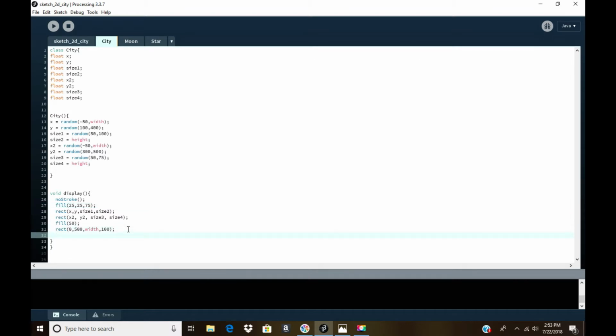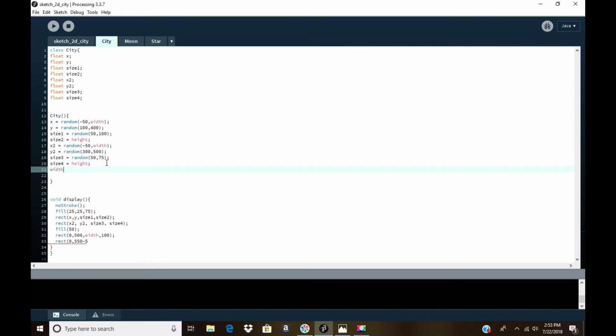And what we want with a road is another line through it, like a yellow line through the middle of our road. So it's going to start at 0, because that's the X position, because we wanted to cover the full width of the canvas. And the Y is an interesting thing to consider: what is the Y we want? Now we want it halfway between the rectangle we just drew, the road rectangle. So what we could do is instead of